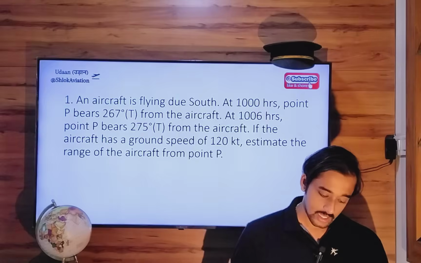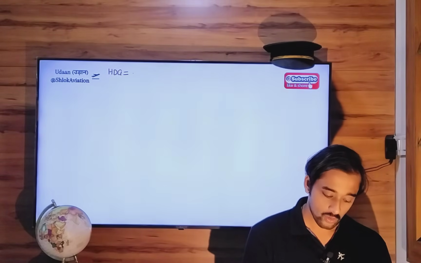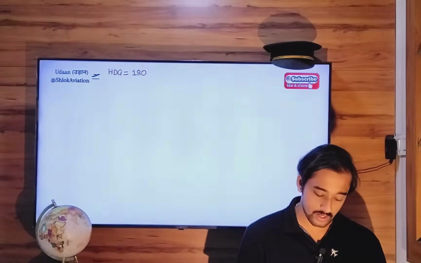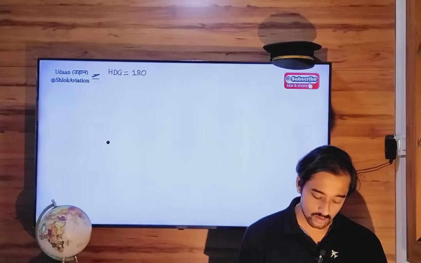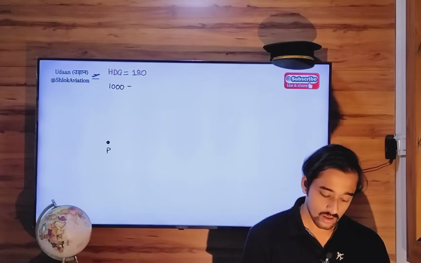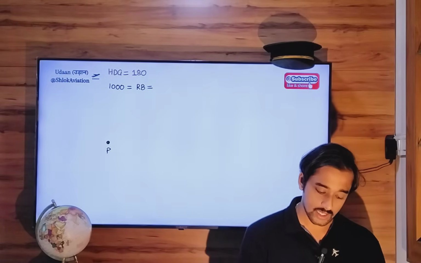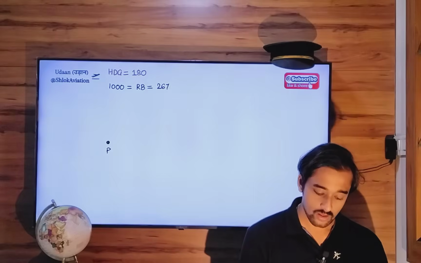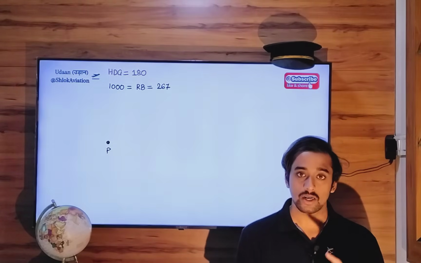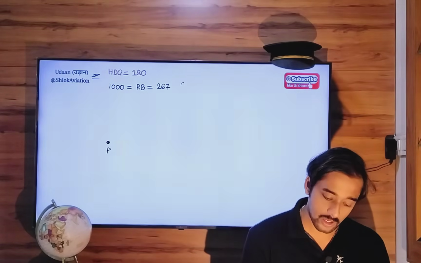Now over here, the heading of aircraft is 180. Next, this is your point P. So at 10 o'clock, relative bearing is 267. So if relative bearing is 267 and heading 180, the track to this point Papa or to this station will be equal to QDM,